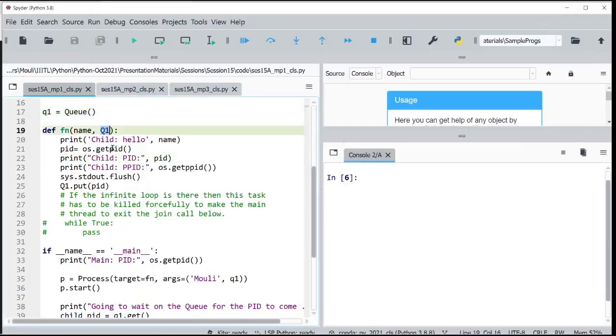I pass the parameter here. Okay, name I am giving, and when I'm creating a new process, I'm saying this is your child name, and then I am saying that use this queue which I created, the queue object. This is the main thread or the main process which has created the queue, and then it is passing